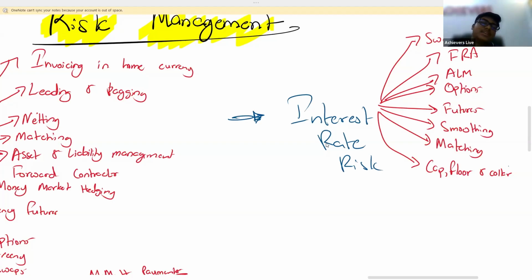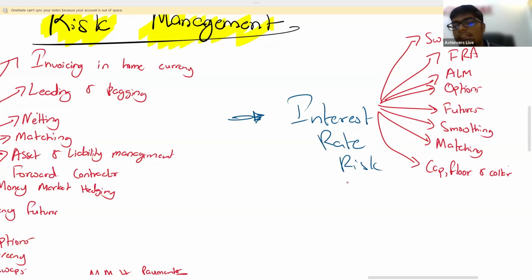Futures, pretty much the same thing. Okay, smoothing, what is it? Matching, all of these very simple stuff. Cap is what? Cap is maximum, floor is minimum. Collar is you are getting both cap and floor. Yes, options you are getting the right to buy or sell futures. So you have to remember under interest rate options, a person who is going to borrow money, what will he do? Will he do buy now, sell later, or sell now, buy later?